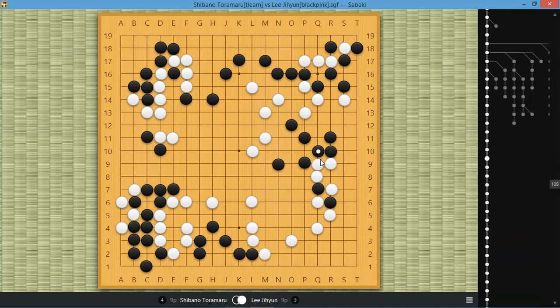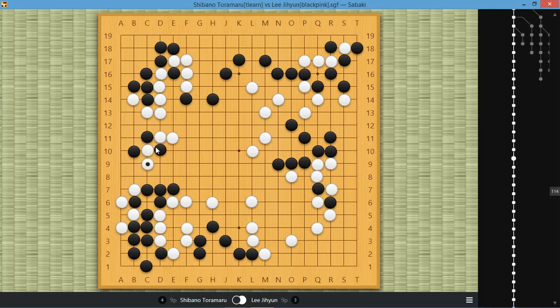So we get double empty triangle. Very nice. And then peep, connect, and then cut. And black has a few choices here, but black chooses Atari and then cover. And so we get a ko. This is a flower ko for white, though, because